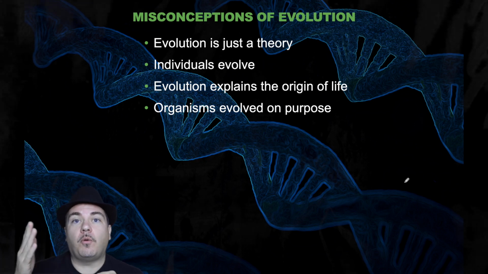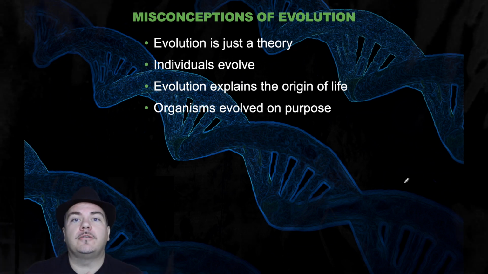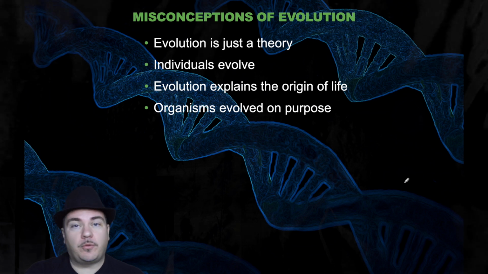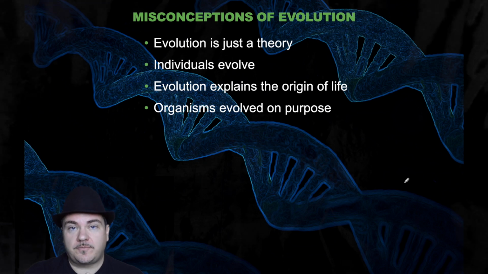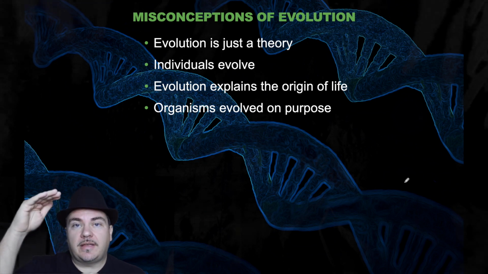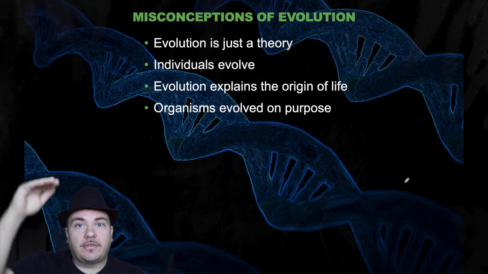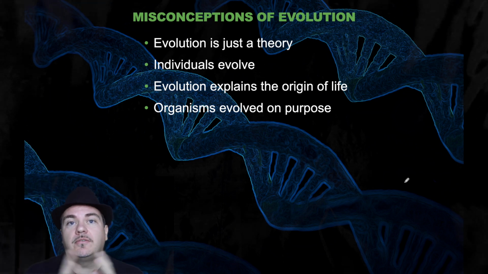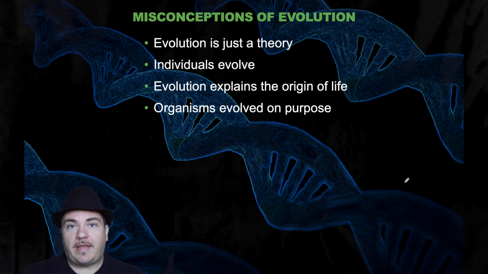Also, somebody will say something is only a theory. It's not a fact. It's only a theory. It hasn't been proven. Again, they don't understand what the word theory means. No theory has ever been proven. No theory will ever be proven in science. Gravity is a theory. It will forever and always remain a theory. A theory is as big as it gets in science. There's nothing above a theory. By the time something becomes a theory, it has hundreds of thousands of pieces of evidence supporting it. So get rid of that idea that evolution is just a theory, because if you say just a theory, it shows you don't know what the word theory means, at least not the scientific definition of the word theory.